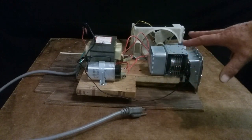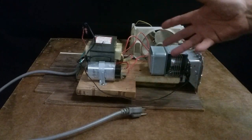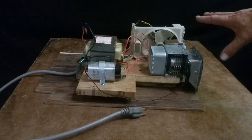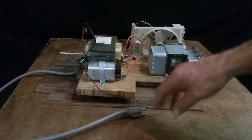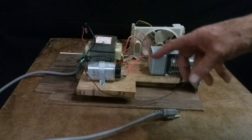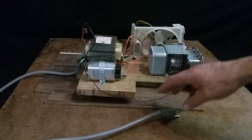Hey, this is my quickly assembled microwave gun out of a microwave transformer. I've torn 8 or 10 of them apart, but this is the first time I've made a microwave gun, just mounted on some wood. But if you're ever going to do this, which a lot of you guys have microwave transformers, and if you